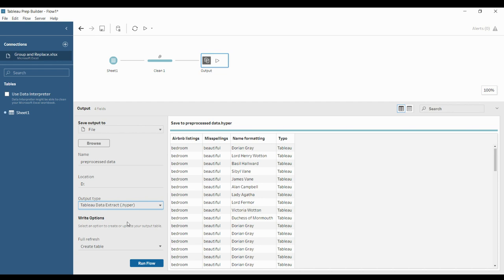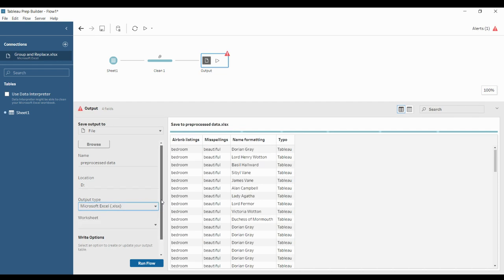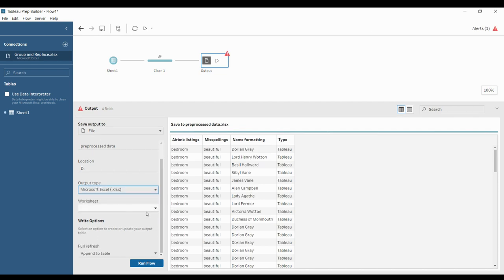So click on Excel. You will get some more options like worksheet. If you have any existing data, for example, if you have the Excel file with the processed data, then you can find the worksheet here.